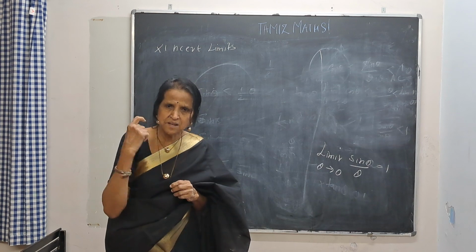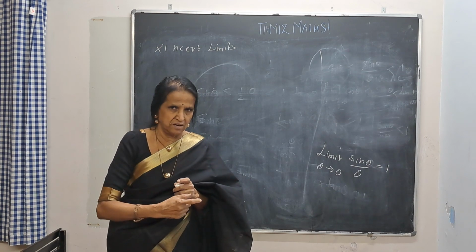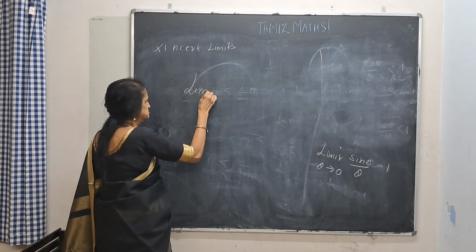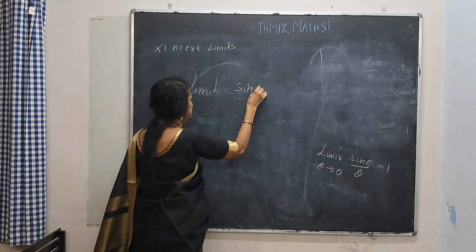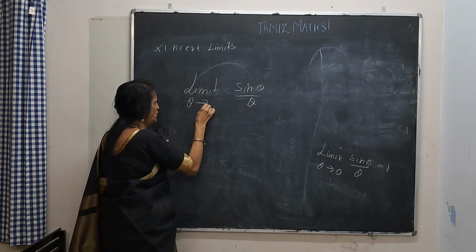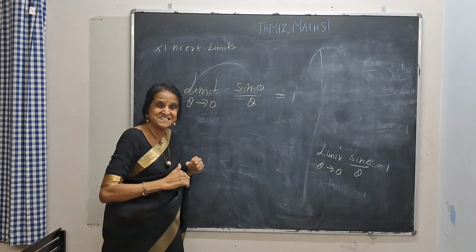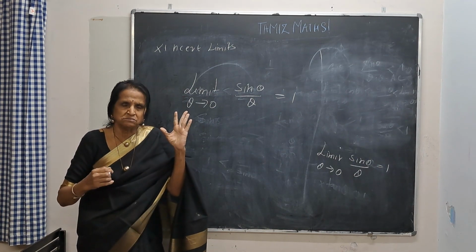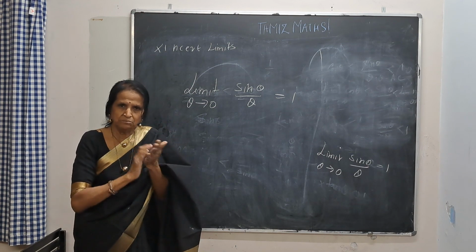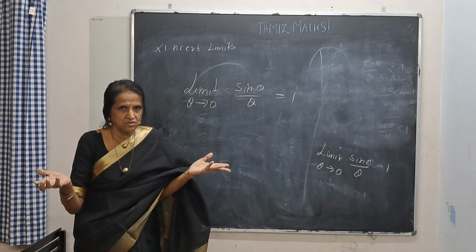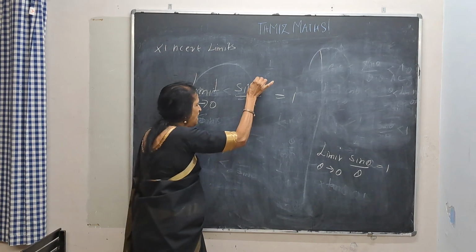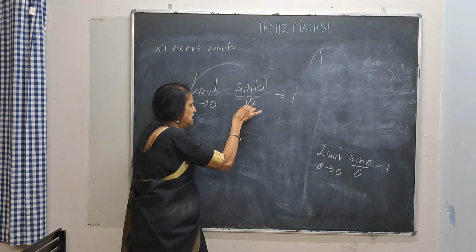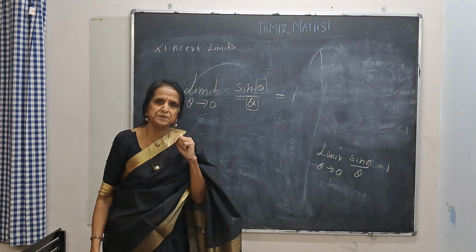Now, there's a rhythm. Maths is always rhythmic. Maths is always musical. What is that rhythm here? Limit of sin theta by theta, theta tends to 0 is 1. What's the rhythm? If there's no rhythm, your music goes wrong. Talam is not good. Everything goes wrong. Whatever you have here, the same thing should come here to make the limit 1.